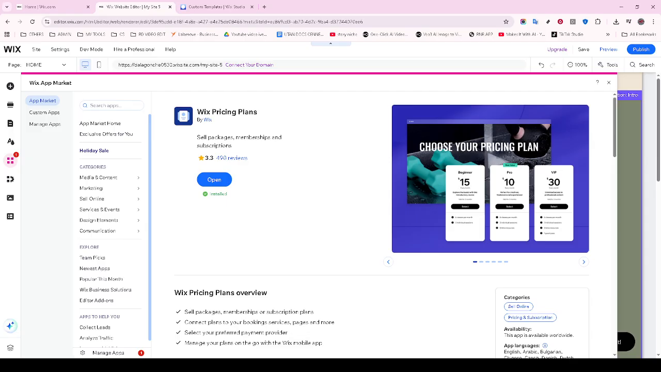Before wrapping things up, it's time for a crucial step: saving and publishing your site. This makes all your hard work visible to the world. So give your site one last review to ensure everything looks perfect and operates seamlessly. Once you've double-checked everything, hit that publish button. And there you go, a comprehensive guide to setting up pricing plans on your Wix site. By following these steps, you can provide clear and